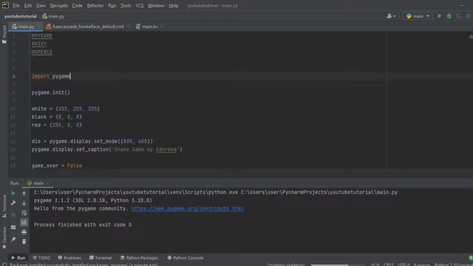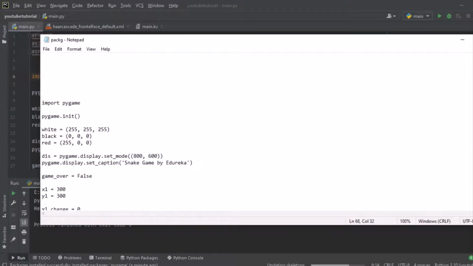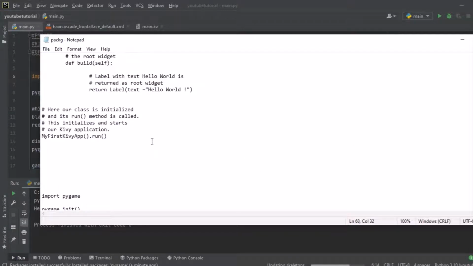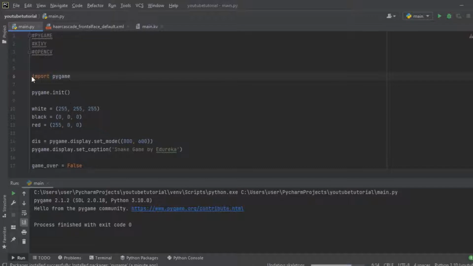First of all, let me copy a script of Kivy here, right over here. Let me just go here like this, copy, and I would paste